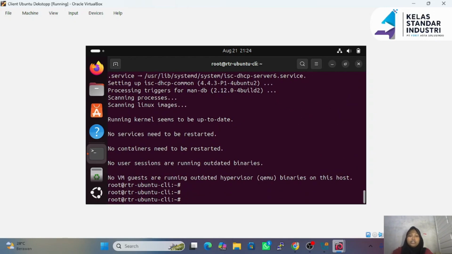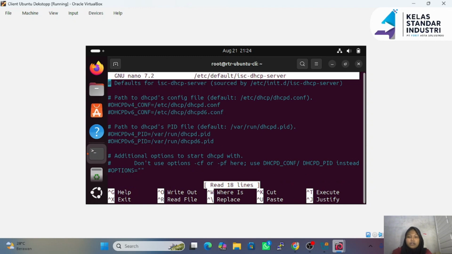When you are finished, you can open nano /etc/default/isc-dhcp-server to find the adapter that will be configured for DHCP, and press enter.